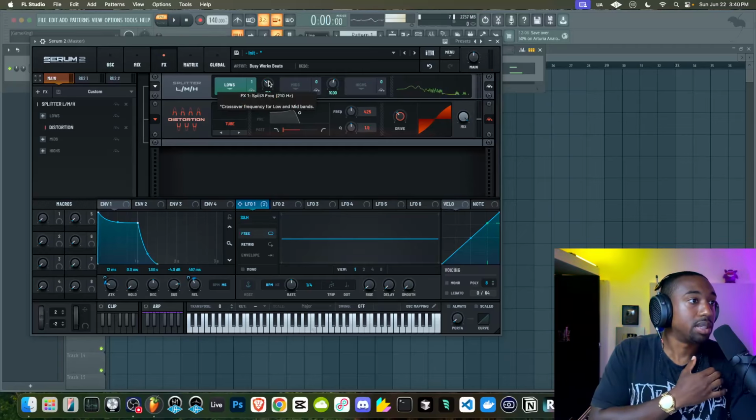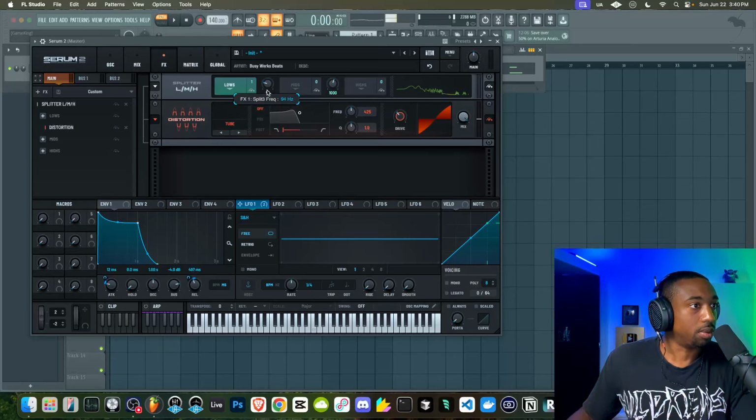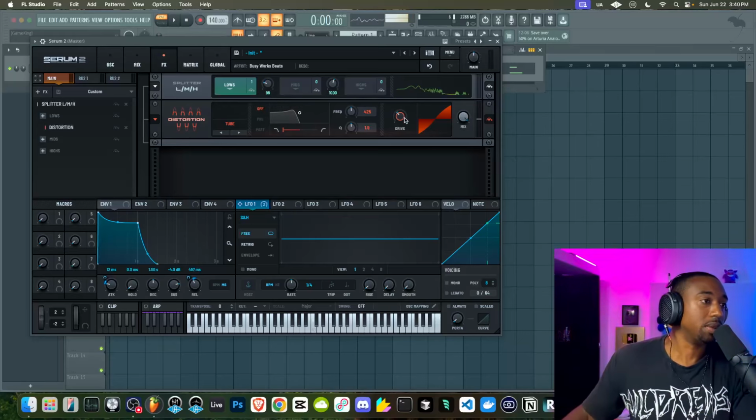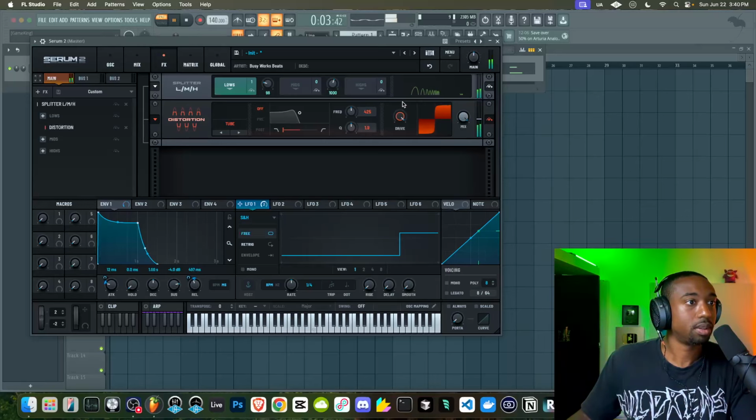And we could set the highest frequency of the lows, what's considered low. I want everything below about 100 hertz to be considered low. And then we're going to saturate that, which we already did with the filter in this case. But this is how you guys can add more harmonics. So now only the bass frequencies are being saturated and not the mid frequencies.